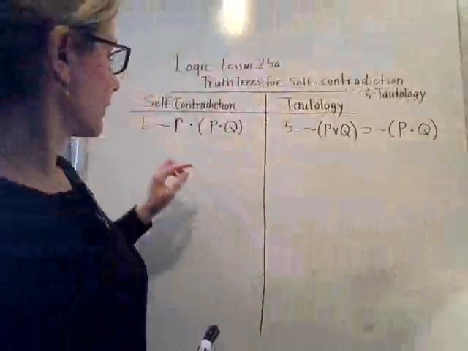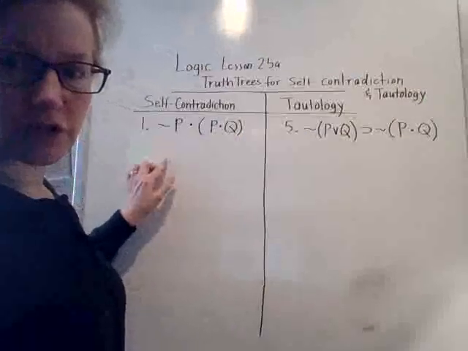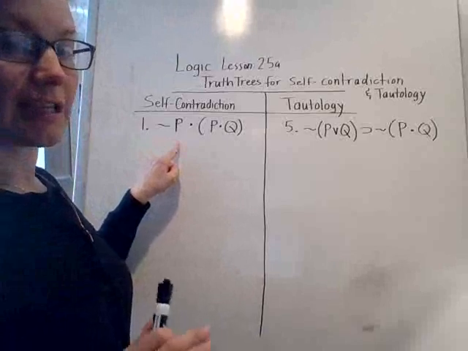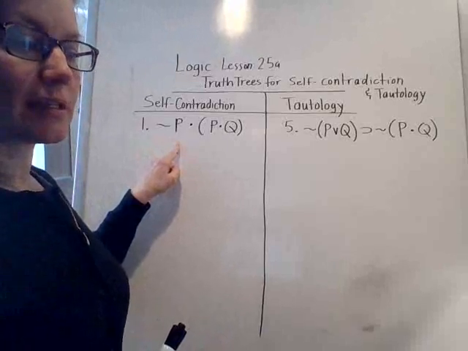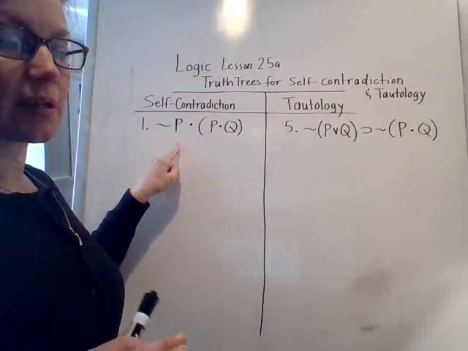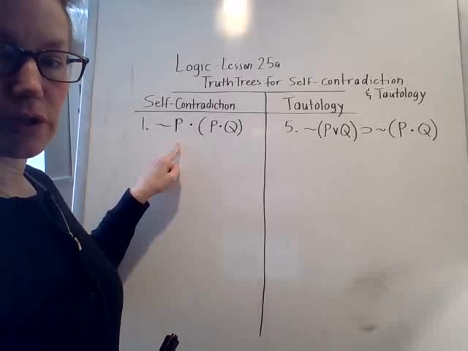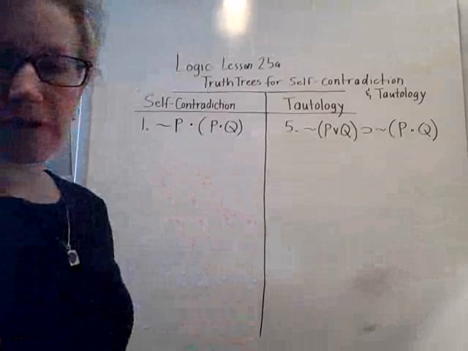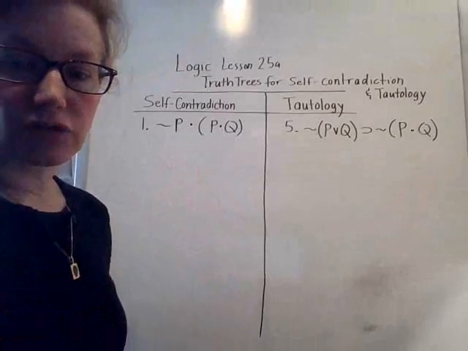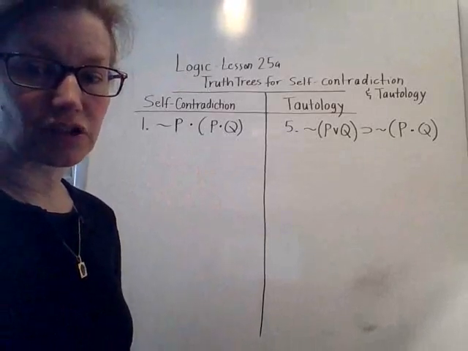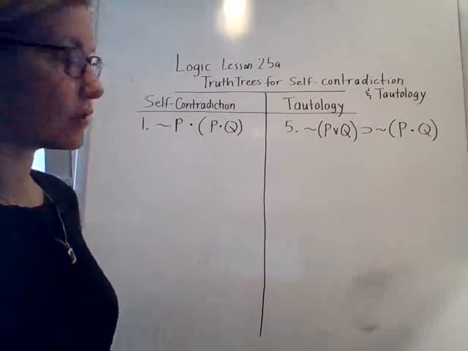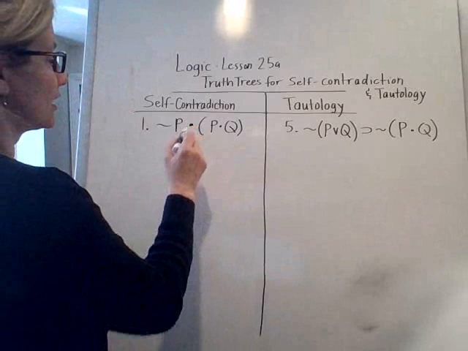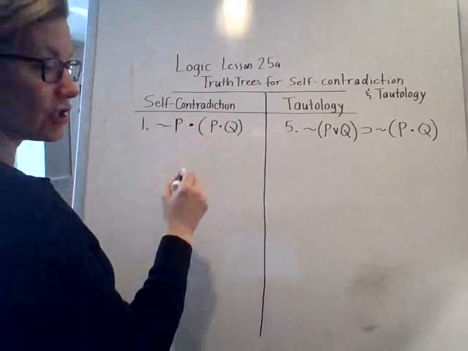So first of all, we'll look at the self-contradiction. A proposition is a self-contradiction if and only if its decomposition results in a completely closed truth tree. All right, so let's decompose this. And in this lesson 25, they're not asking you to number and justify each line, just to work out the truth tree. So this is a conjunction, and we know that a conjunction